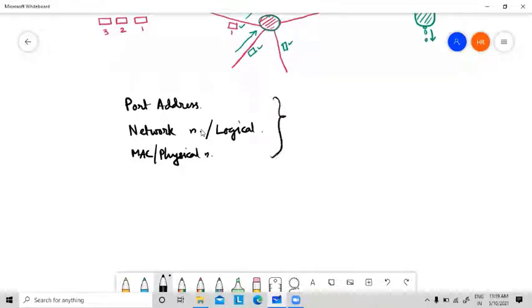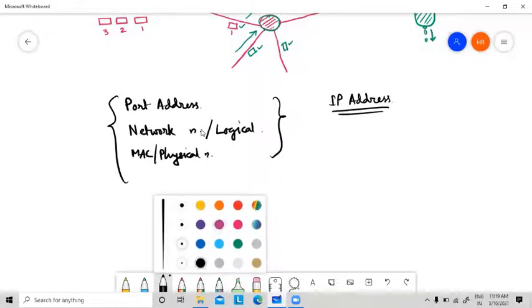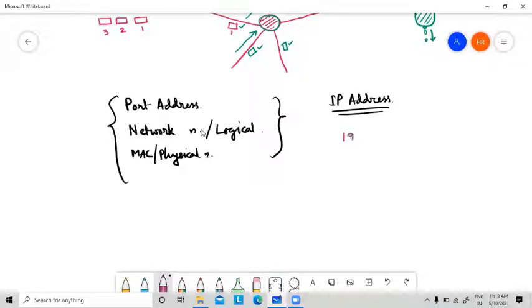Now, I hope you have not heard about these addresses, but you have heard about the IP address, correct? You have seen an IP address. Normally the IP address has a format like this: 192.168.5.2.